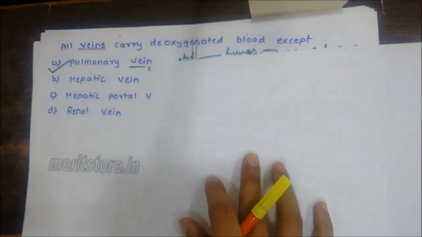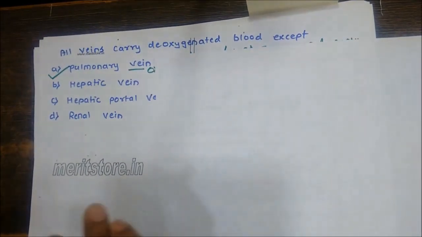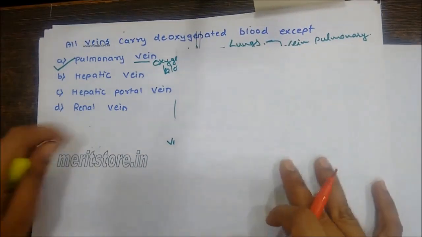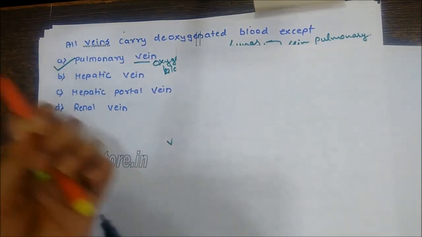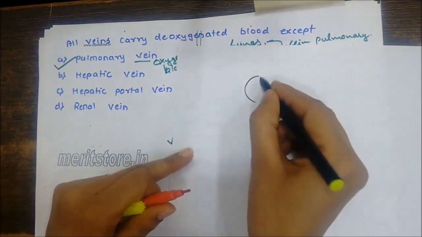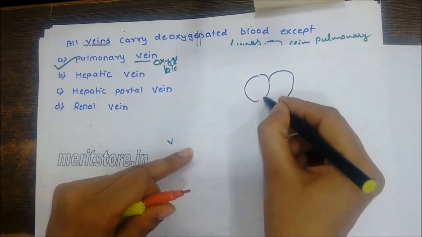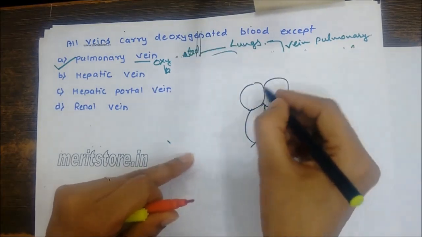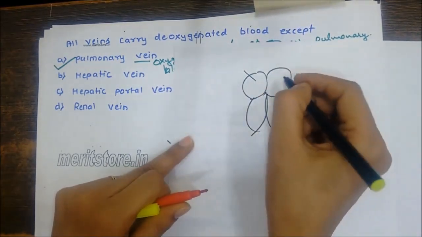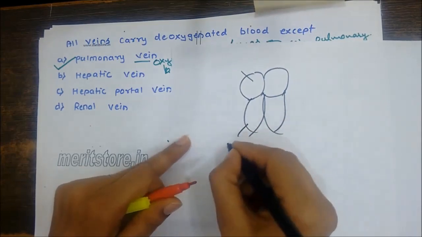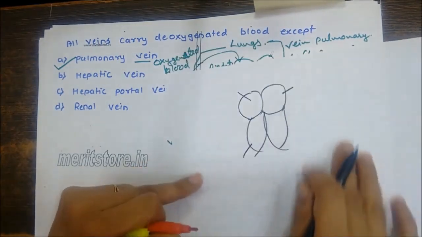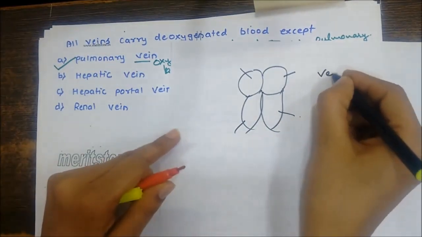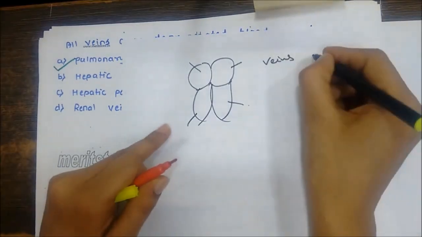All veins carry deoxygenated blood except pulmonary vein, hepatic portal vein, and renal vein. Now for this we need to draw the diagram. This is our heart. These are the right atria, right ventricle, left auricle, and left ventricle. Now all veins carry deoxygenated blood